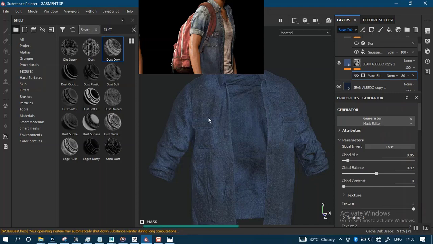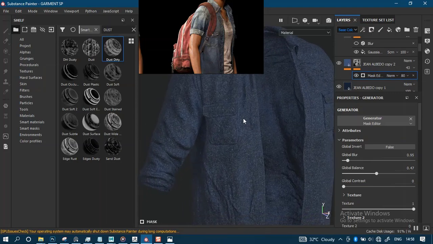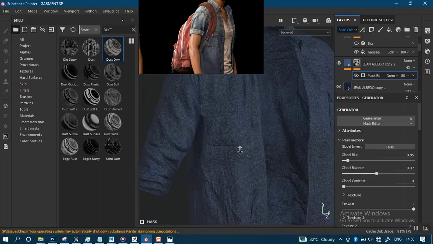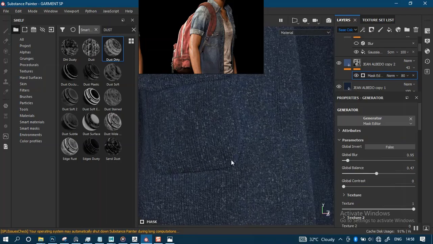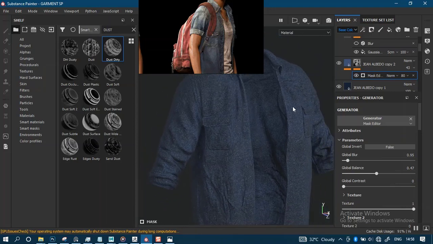So looking at this now, I feel I might just need to do some hand painting in here. But let me just take this down, probably somewhere around here. Then I think it's the right time I do some hand painting in here. But before I do that,